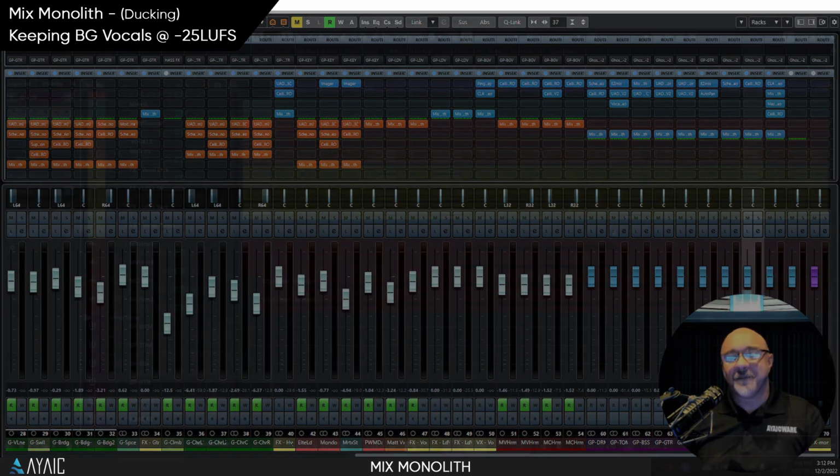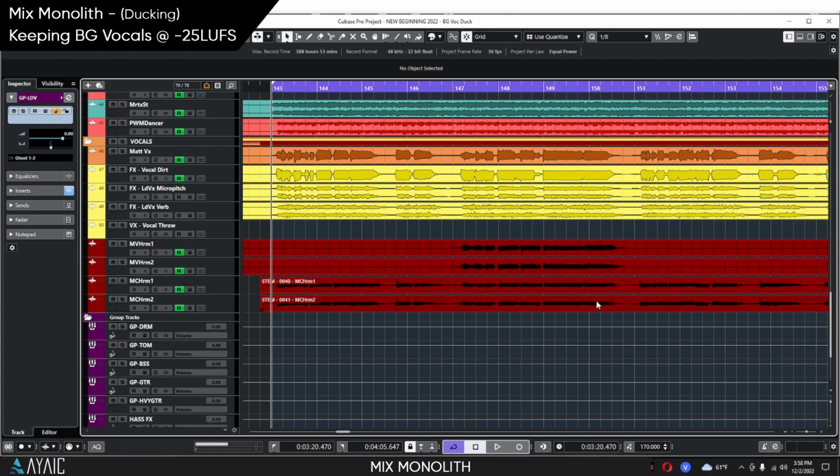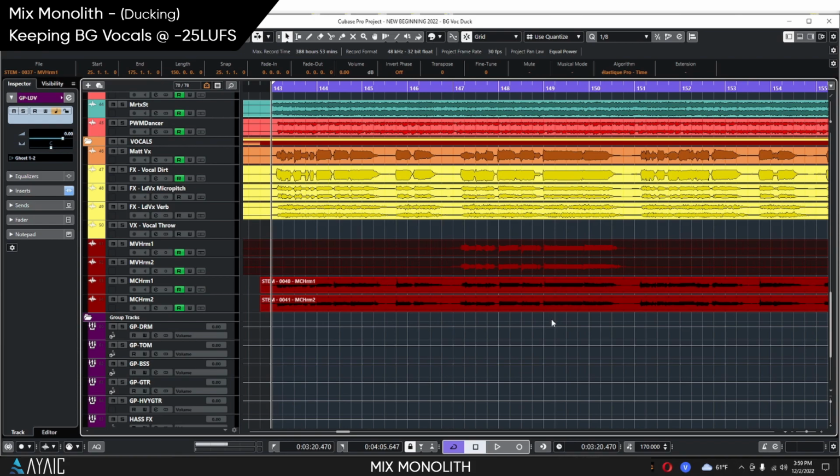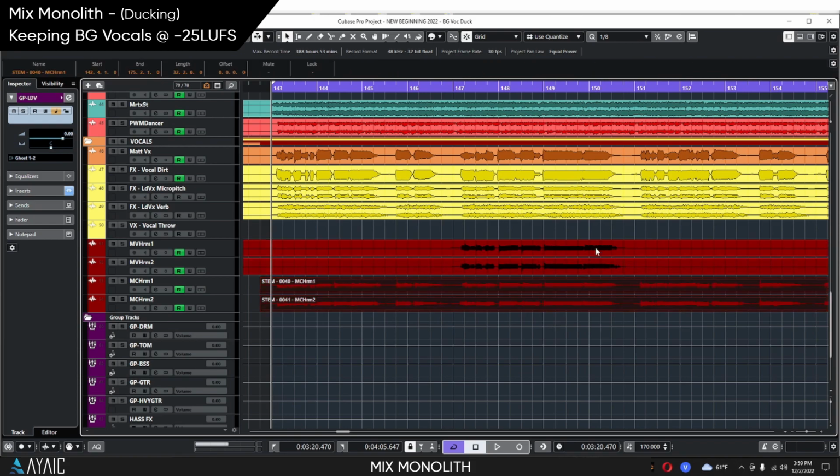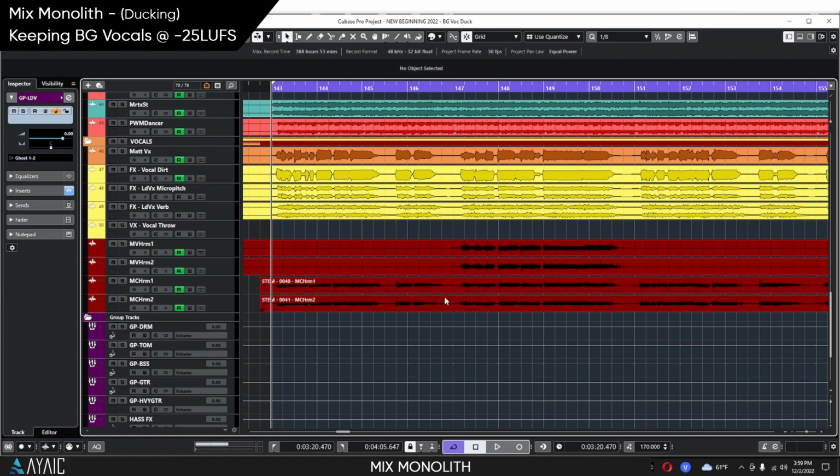So check this out. Here we have our background vocals in red. And I double tracked it, but this is one background vocal part and this is one background vocal part. Now, you can see that this background vocal is always singing, where this one comes in just for this section, all right? We want our background vocals as a whole to sit on the level plane minus 25. That means that we want this section to be at minus 25, and we want this section to be at minus 25. But obviously, when he comes in and sings with him, there is going to be an increase in